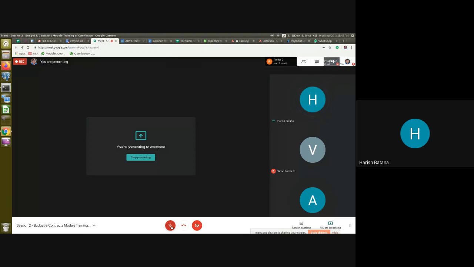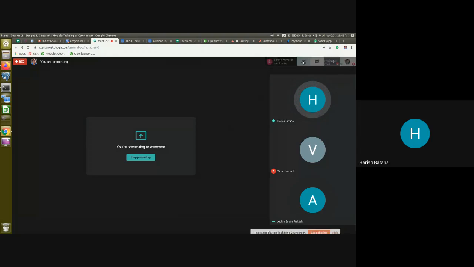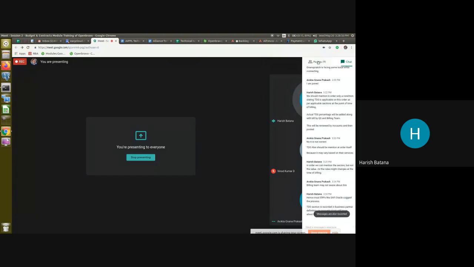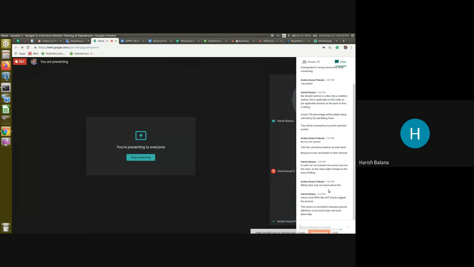Correct. So the reason it has been set that way is we will define the sections in the order. We will let the contracts team set the section, so that whoever is using that document will know what section has been decided for that order. Section 197, whether it is 2%, 10%, or 1%, it will be decided.